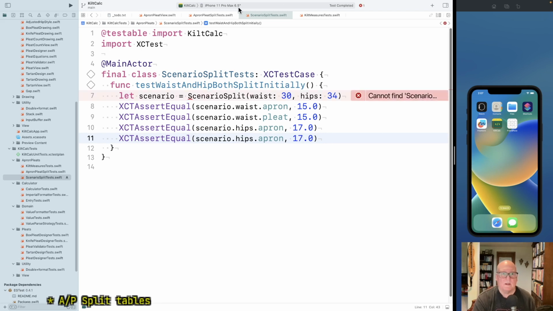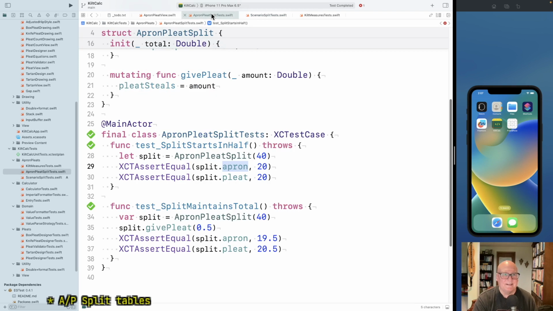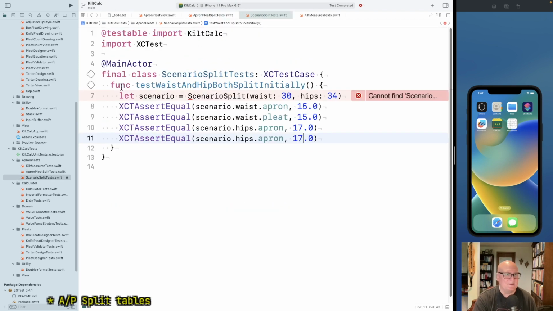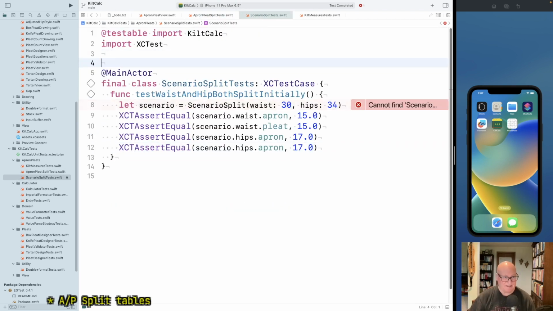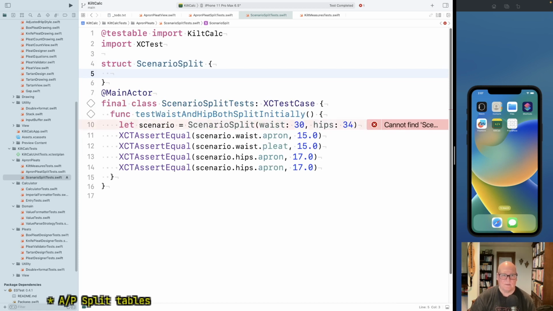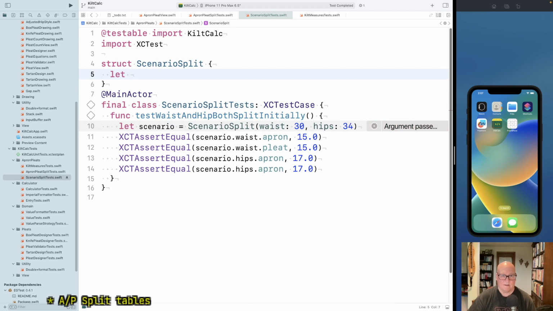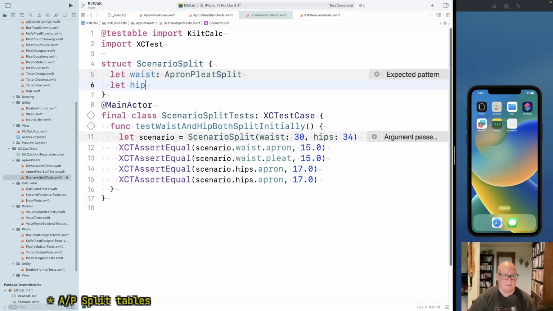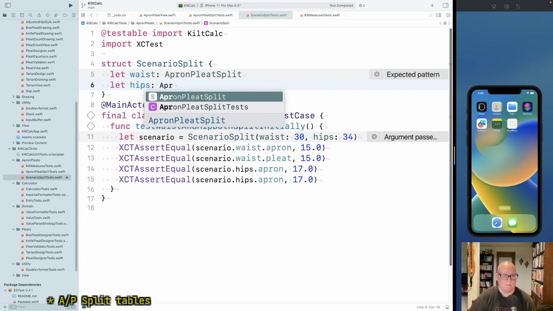Oh, I never moved my class out, did I? Yeah, okay. Well, we'll do that again and fix it in a moment. We get green. Okay, let's do struct scenario split. It's got a waist of type apron pleat split and hips of apron pleat split,